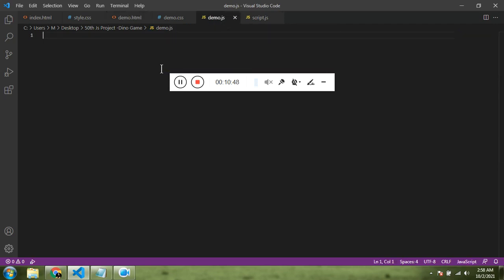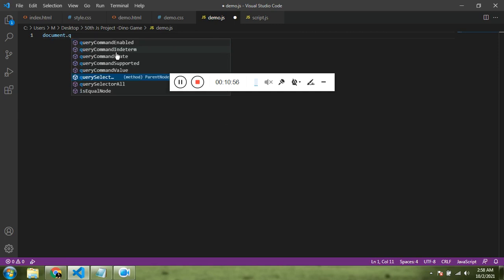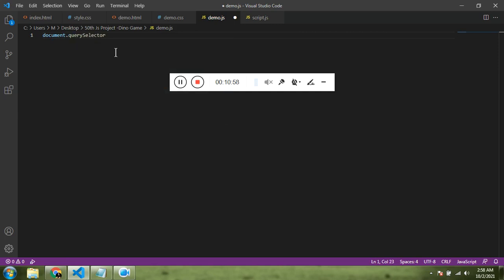The first thing, we have to get all the elements using the query selector, document dot query selector. The first one is game div.